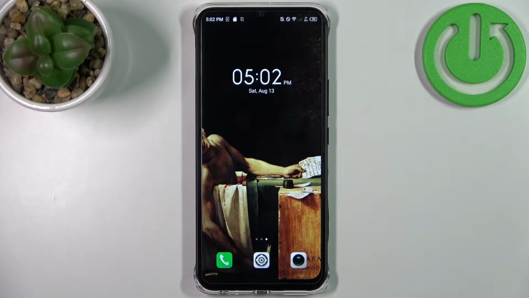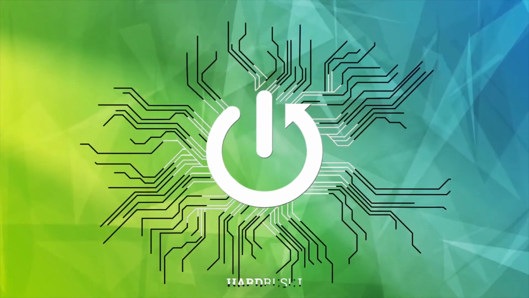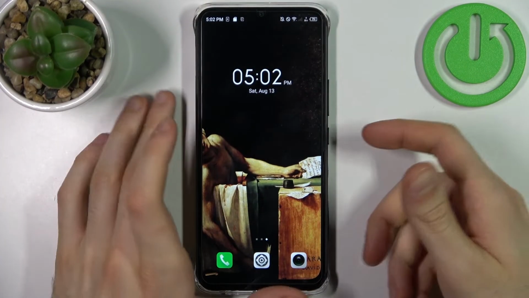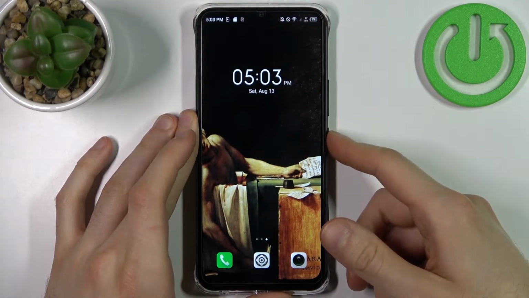Here I have Infinix Smart 6 HD, and today I'm going to show you how to enter recovery mode on this device. So firstly, you have to turn off your Infinix,